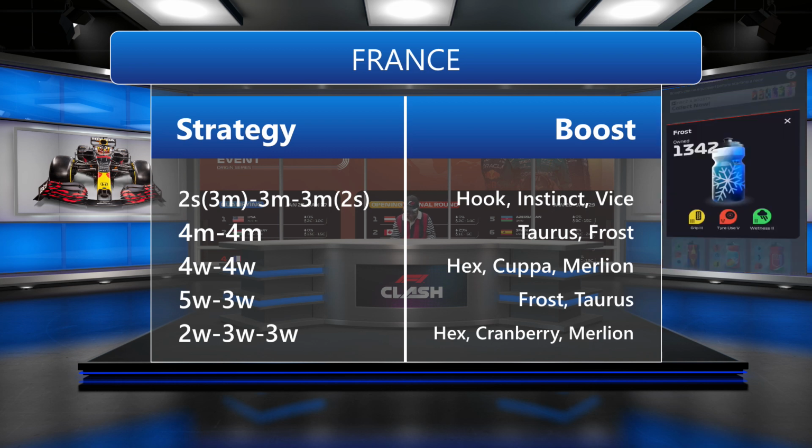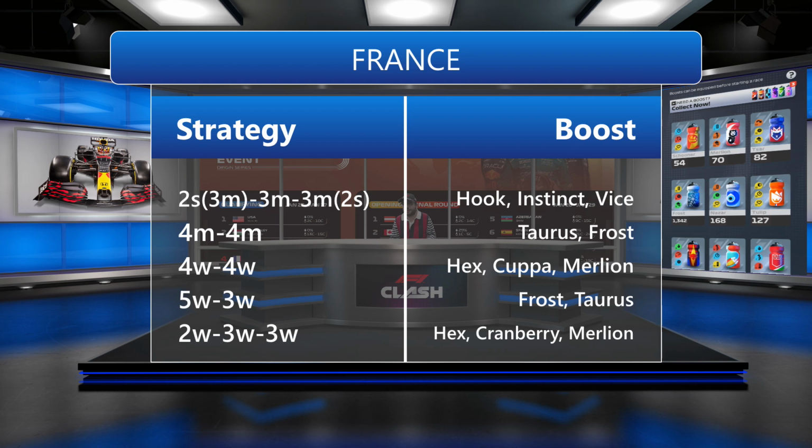Let's see Frost here. Someone will say that Frost is good for wet conditions. Yes, of course, but these 5 boosts are the only alternative to Taurus if we need 5 in tire management. So if you are at the back, 4-4 is a very good strategy. When I was starting back there, I used it a lot and it helped me a lot. You can go with 4 laps with the hard compound and 4 laps with a hard compound too, and then you don't need so much tire management and you can go with faster